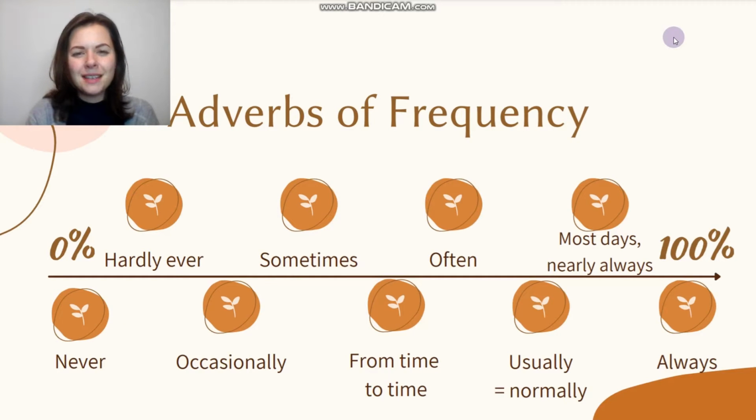Dear friends, you know that the most common and basic situation when we use present simple is to talk about something that happens regularly. But what does it mean regularly, and how can we speak about that in English? Well, there's a special class of words known as adverbs of frequency, наречия частотности.